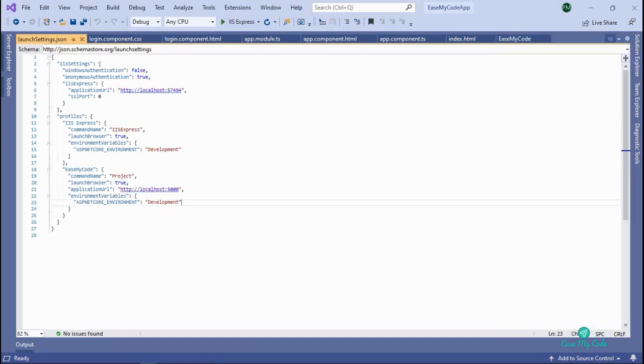Since we are running our application from IIS Express, if you go to IIS settings, you will see here localhost:57494, which is the port number that is getting reflected. Whatever application URL you provide here will be reflected on your browser.